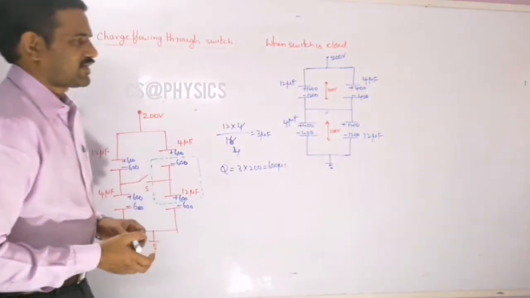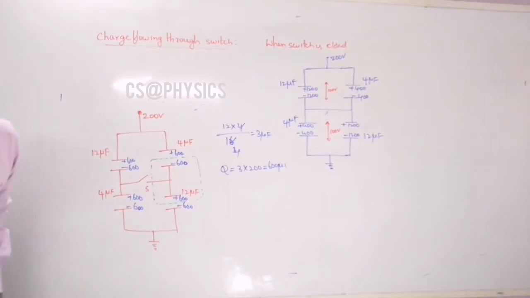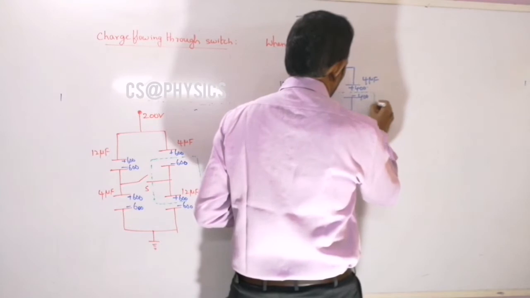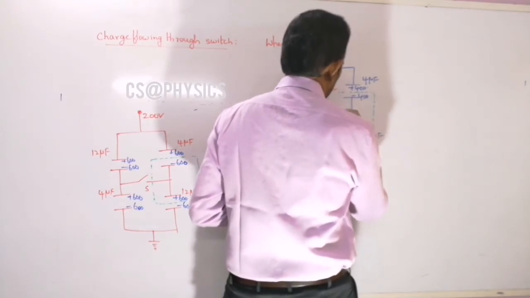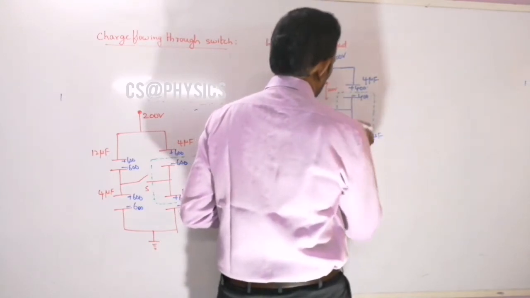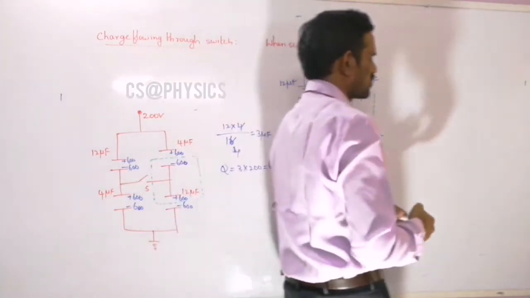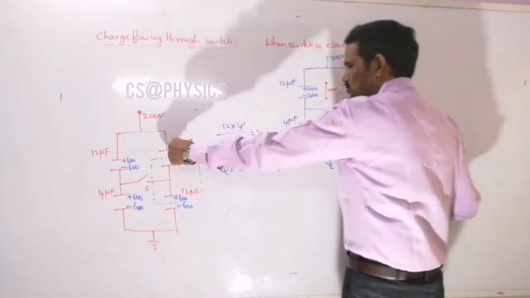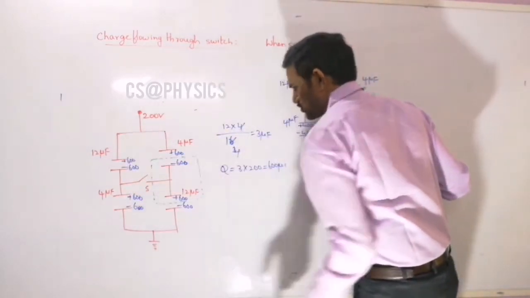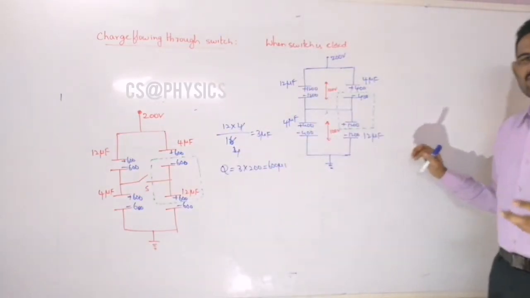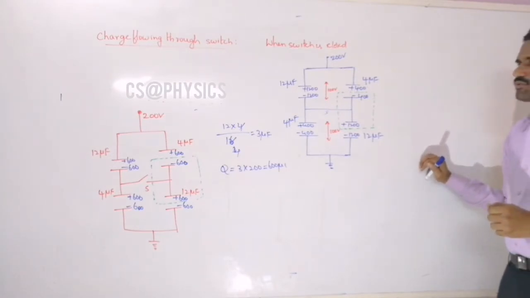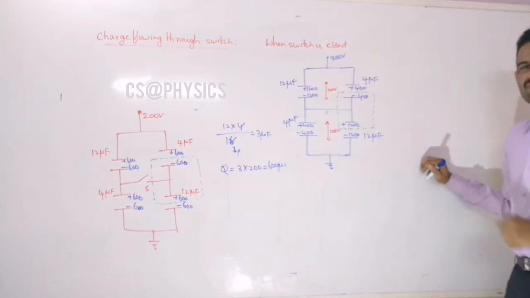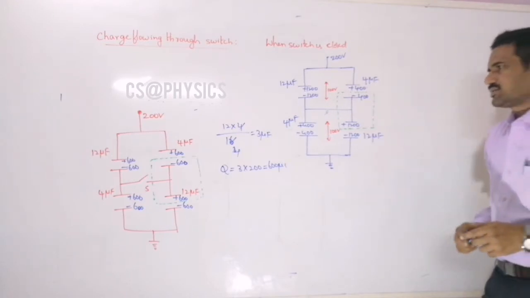And so now you may write again, you may consider those two isolated plates here. Suppose again I am taking these two isolated plates which we considered initially. Now let us write the initial charge and final charge. As I said, either you may consider these two plates or these two plates, you will get the same answer because we need just the magnitude of the charge flowing through the switch. Whatever plates you take initially, finally also we need to take the same plates here.